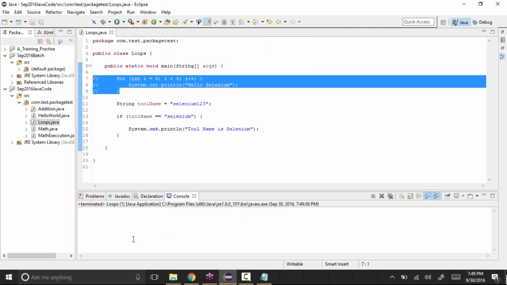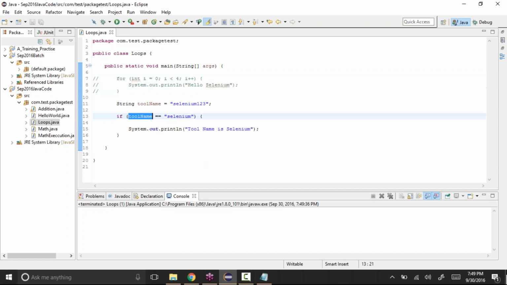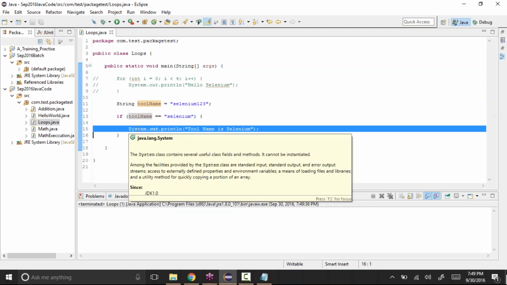See, it didn't display anything because it didn't enter, this condition became false. Because you are trying to check is it Selenium, but now it's not Selenium, it's something else. So the condition became false and it didn't enter the loop. That's why it didn't display this value.